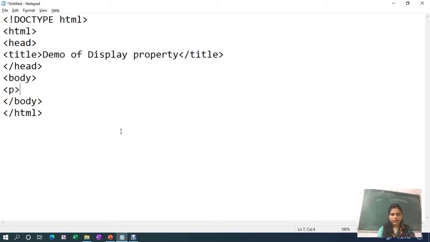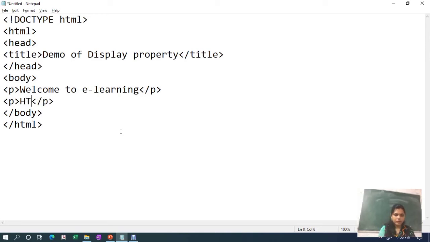Suppose let us add a p tag, start and end of p tag. Now add content here. Suppose, welcome to e-learning. Welcome to e-learning. Again add some more p tags, p and end of p. HTML5.